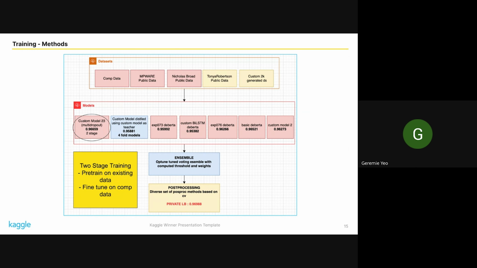So now let's move on to our training methods. The basic model, our baseline, was similar to the public notebook architectures, where we added enhancements such as Do